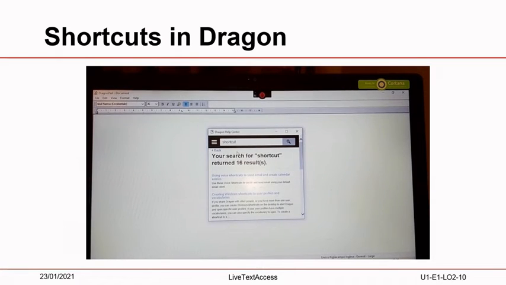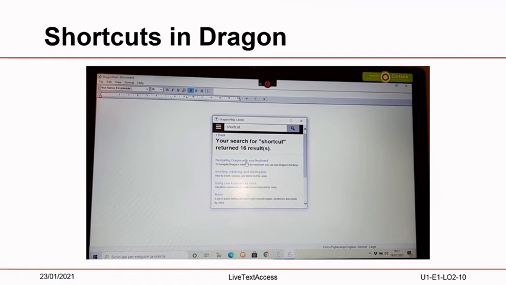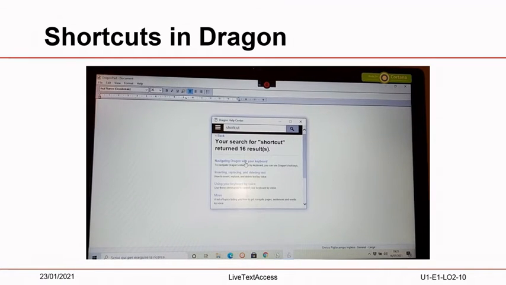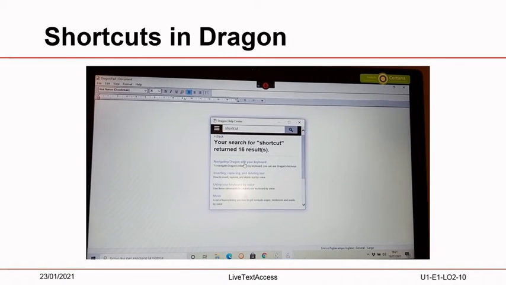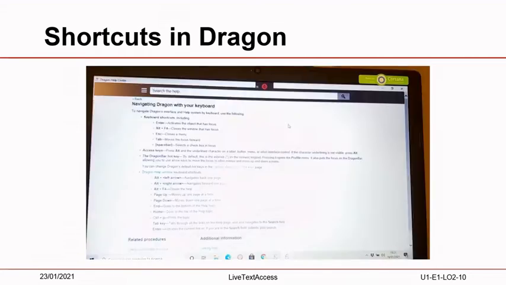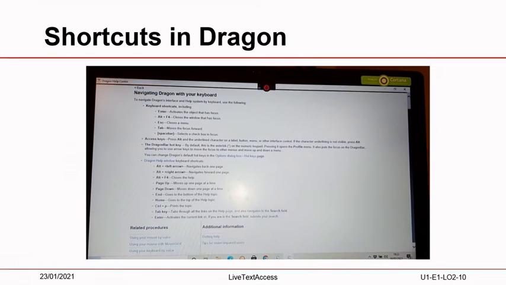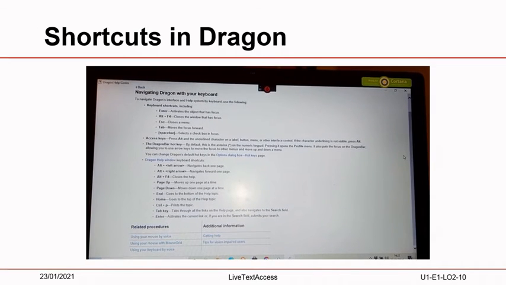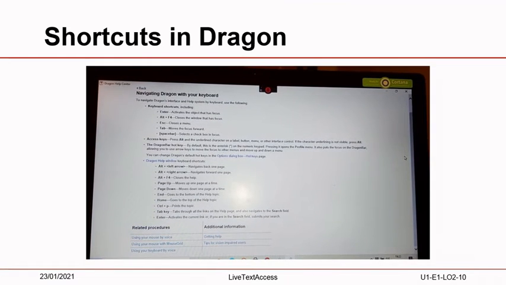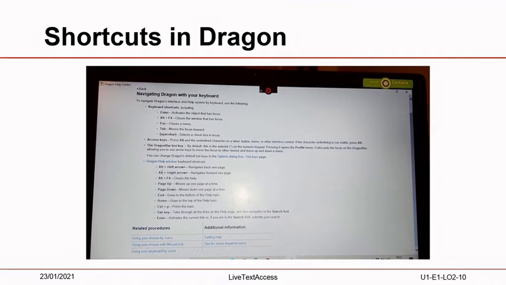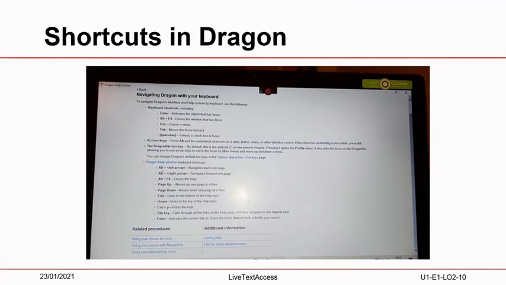For example, if I click on Navigating Dragon with your keyboard, I can find a list of shortcuts. For example, I can use Alt and the left arrow to navigate back one page, Alt and right arrow to navigate forward one page, and so on.